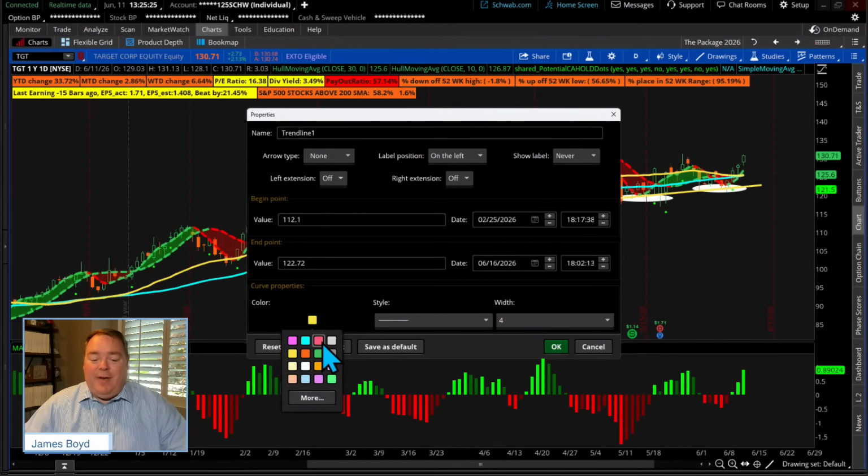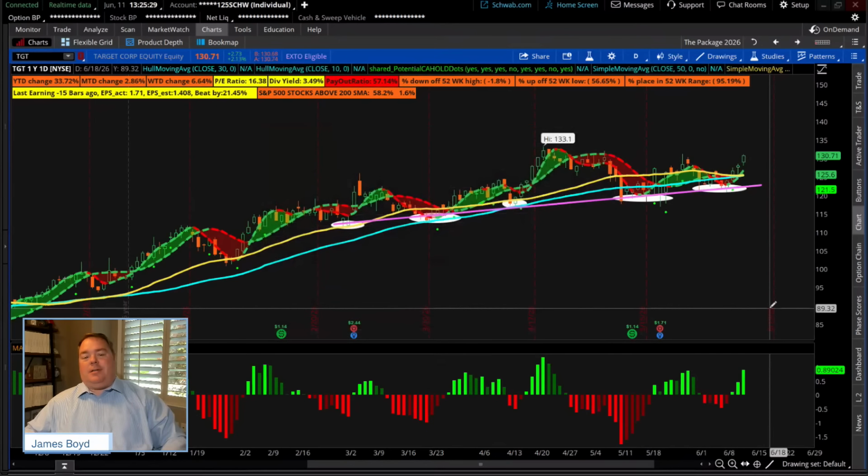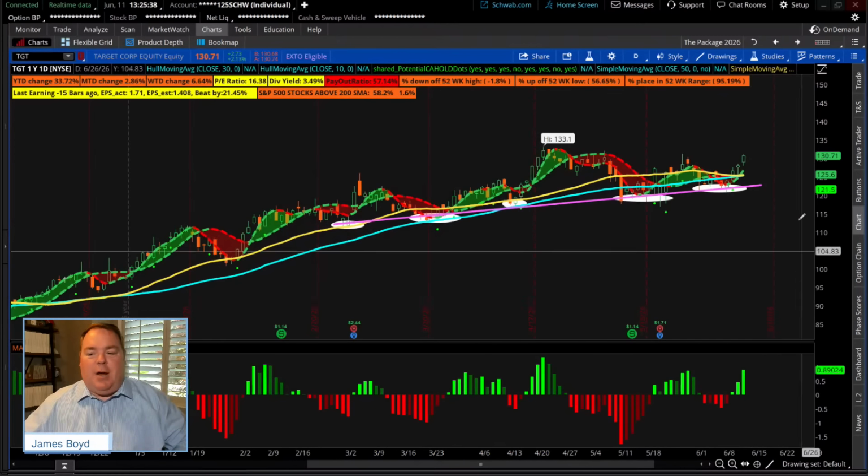Now, if it does not stay above that level, all of a sudden they don't trust it. They probably don't want to hold it. They don't want to hold it, they might sell it. Does that make sense?